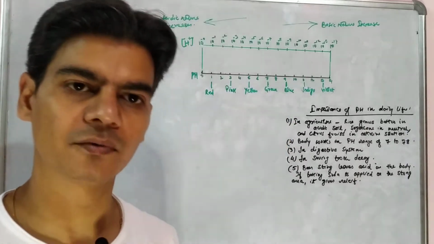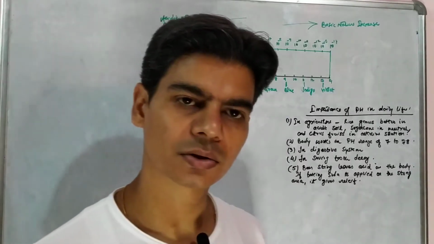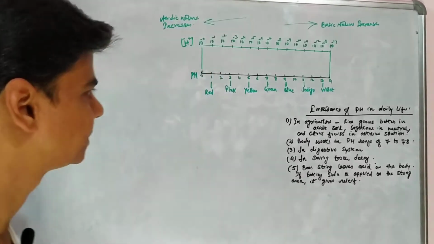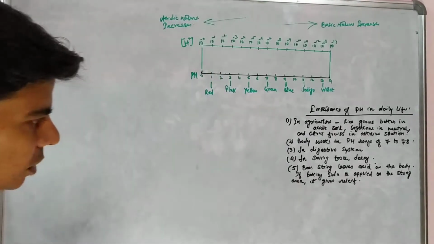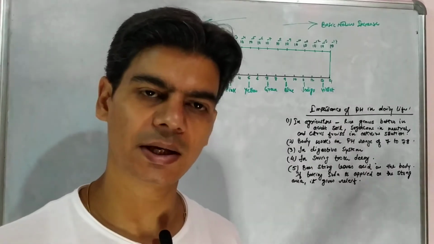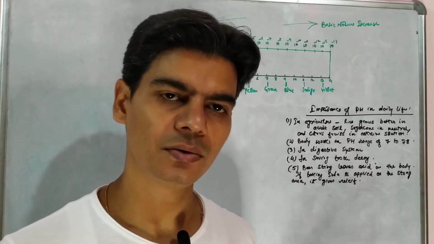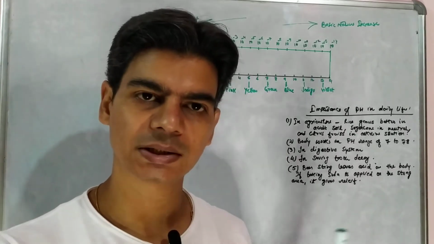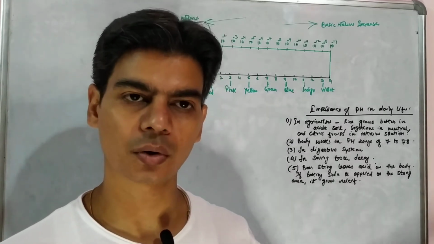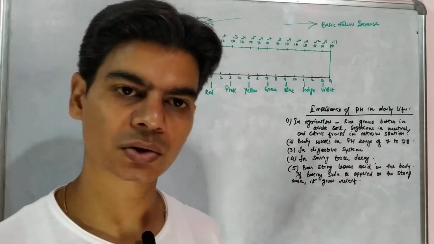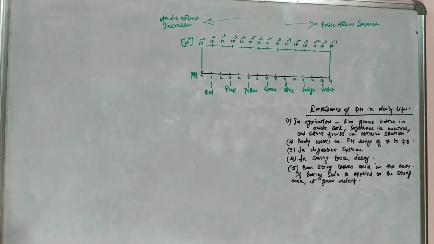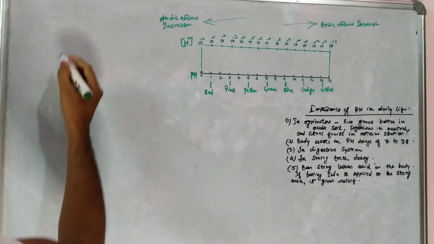It gives a variety of colors because universal indicator consists of multiple indicators, due to which it will give you different colors in different solutions. We'll also discuss the pH scale. Based on the reading on the pH scale, you get to know if a given solution is an acid or a base, or how strong an acid or how strong a base it is. We'll do the pH scale, but first let's do these indicators.